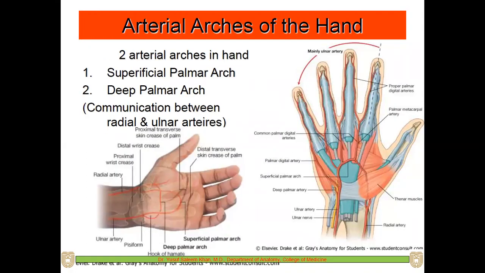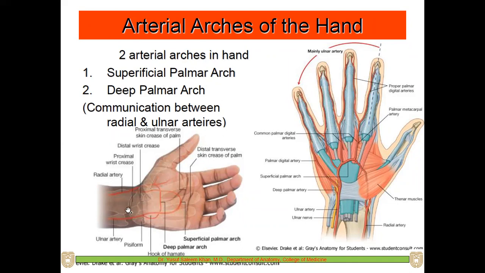Now coming to the hand. As I said, the radial artery and the ulnar artery will be giving branches in the hand. When they come here, if you see here, this is the radial artery and this is the ulnar artery. These arteries are not end arteries, but they anastomose with each other. If you see here, the radial artery and the ulnar artery are anastomosing. So there will be superficial and deep anastomoses. The superficial anastomosis is called the superficial palmar arch. In the hand, there are two arterial arches: one is called superficial and the second is called deep. If you see here in this picture, they have just shown the impression.